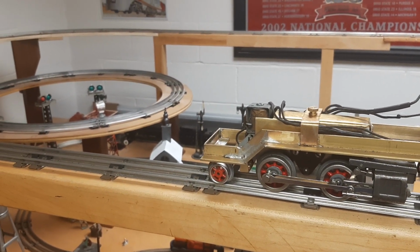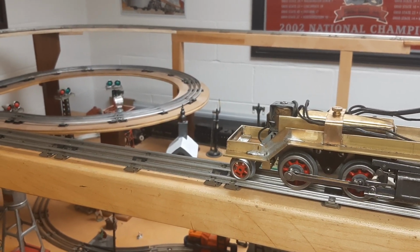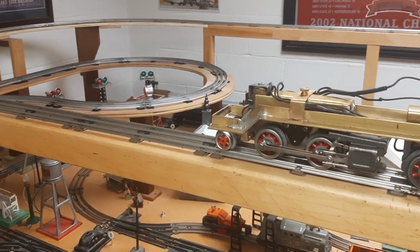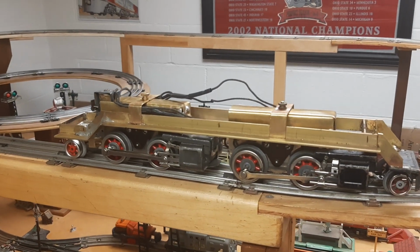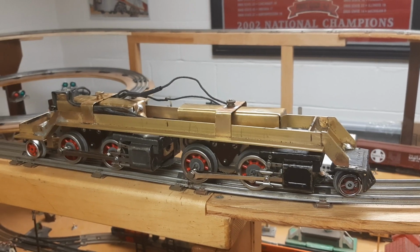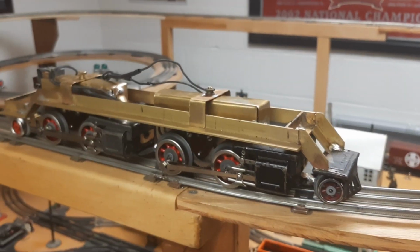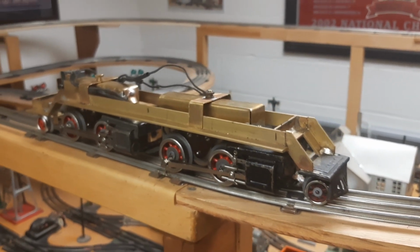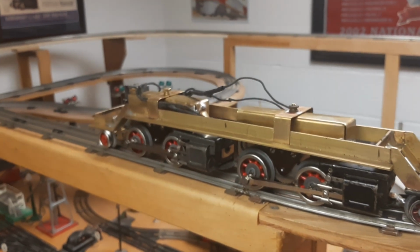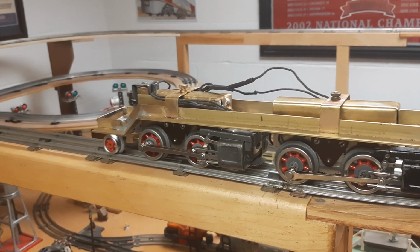I picked up a couple of pre-war 6-wheel trucks from a 263 tender. Those are going to be the basis for the tender. And then I think I'm going to take part of like an 815 oil tank, and then the rest fashion out a flat brass sheet and make kind of a longer, bigger version of a 263 tender to fit on this. And then hook up a drawbar system, use pre-war latch couplers, and then this locomotive is going to